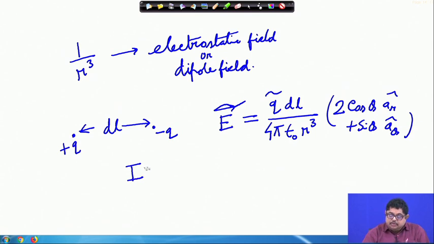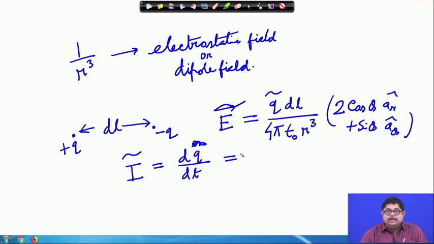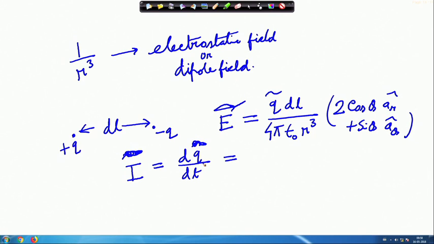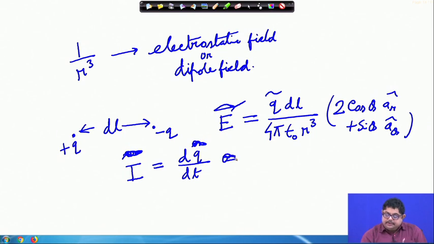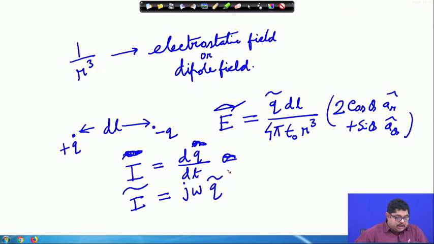ideal. So, what is I? This phasor I can write as dq dt, so phasorized dq dt. Now, in the phasor form, I is equal to dq dt. So, in the phasor form I can then write that the I phasor will be j omega q phasor, and what